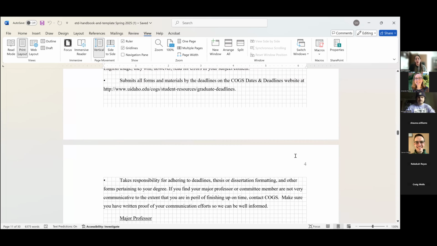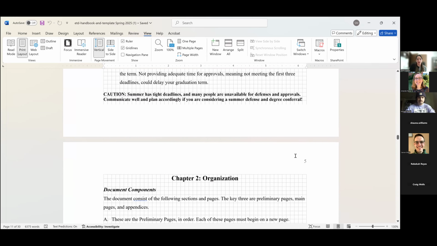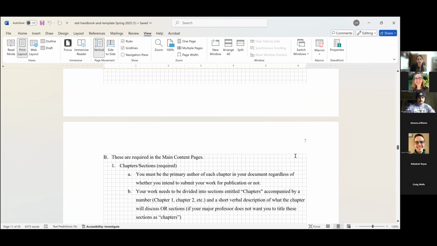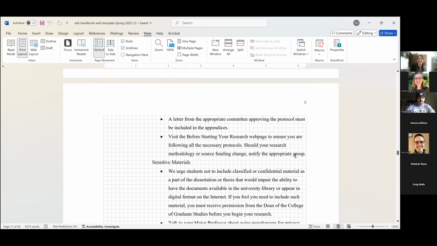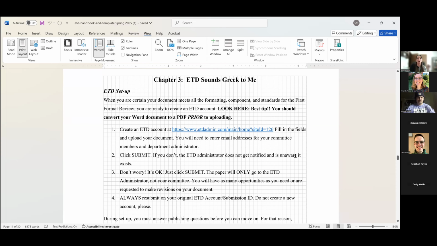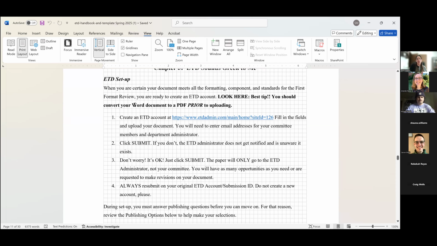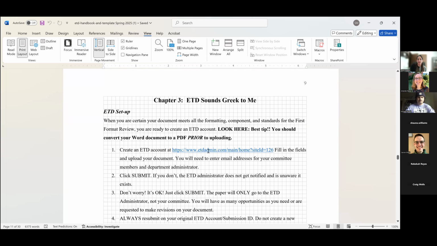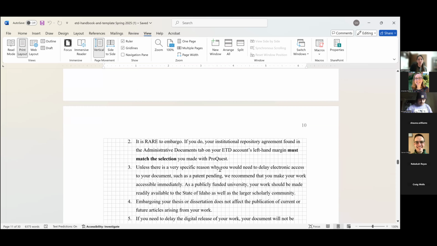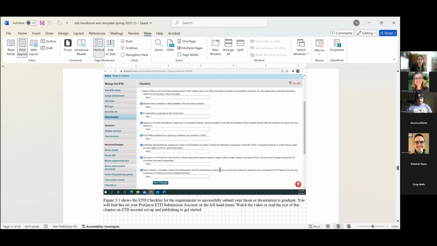So again, this is all the great information that you have. Please read this, but it's not necessarily pertinent for me to yammer on about it because I know you all can read. This section here is about the ETD process. I'm going to chat to you about that in a little bit. This has this reiterated. So we're going to get through